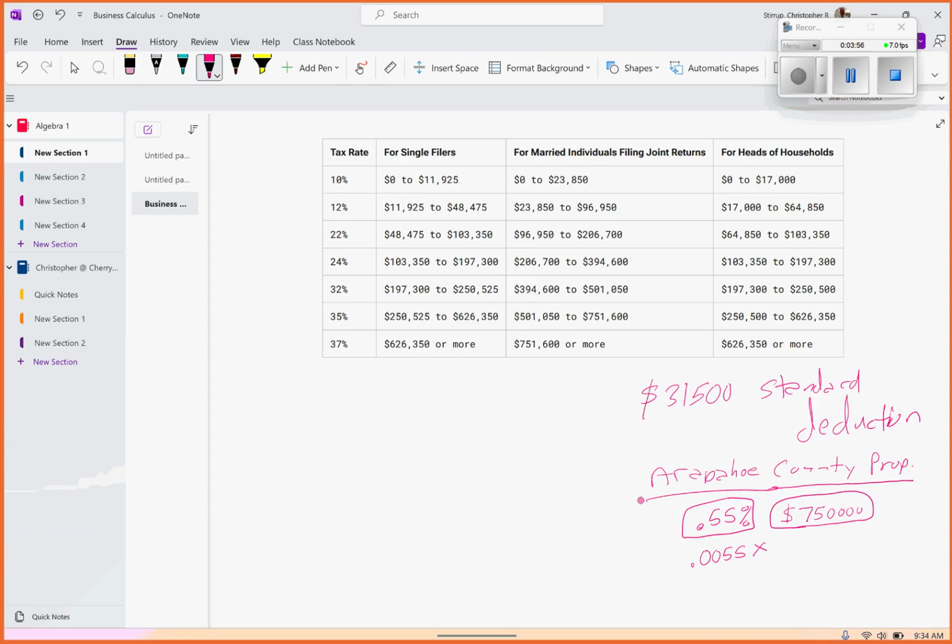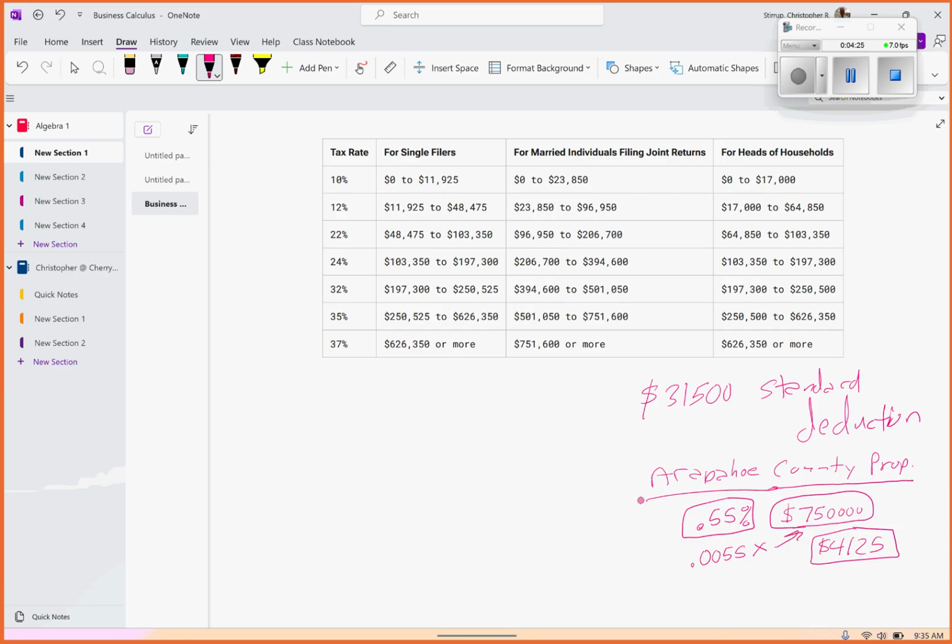I'm not saying that some of you don't live in that type of home, and that's fine. Some of you might live in something larger, and that's fine as well. I just wanted to have a ballpark. So this basically comes out to $4,125, meaning you can, on your taxes, because you paid that property tax on your home, whether you owned your home or you were still financing it, you still have to pay the taxes on it.